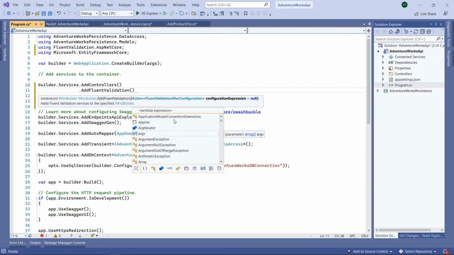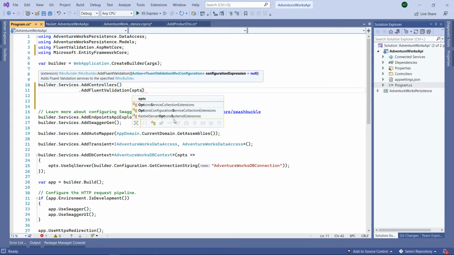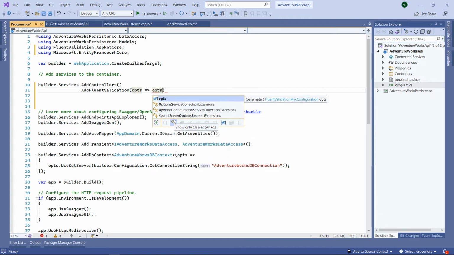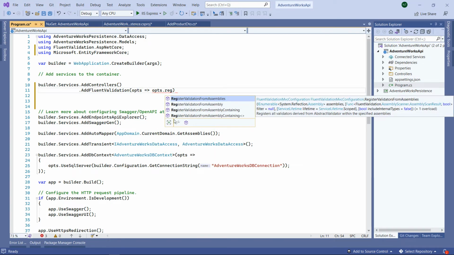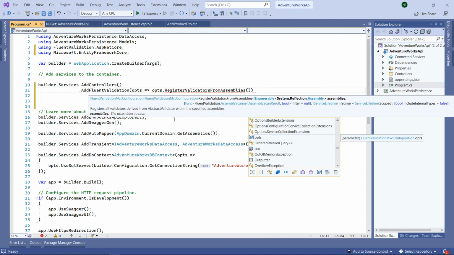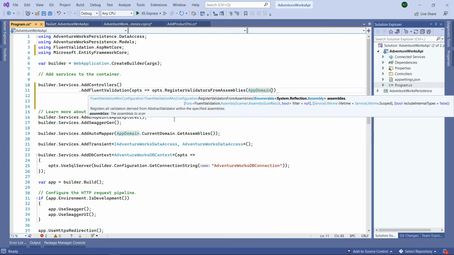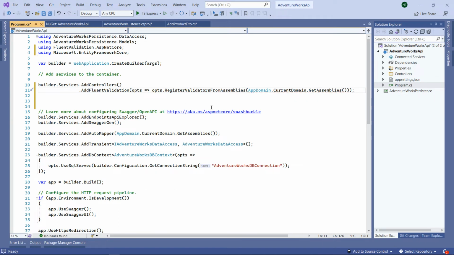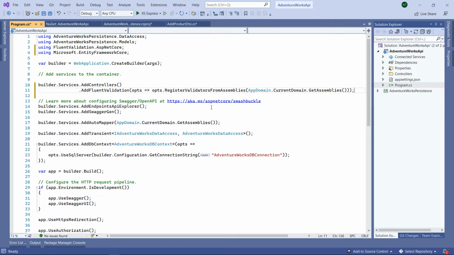And then we want to say options, options dot register validator for assemblies. I want to say app domain dot current domain dot get assemblies. That's all I need. Now, with that done and our validation added,